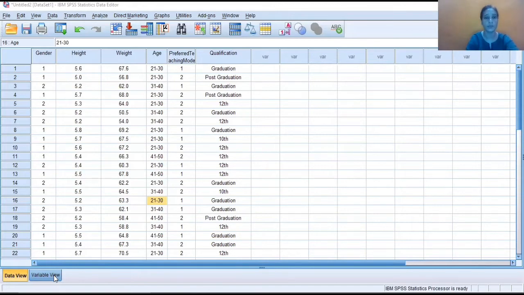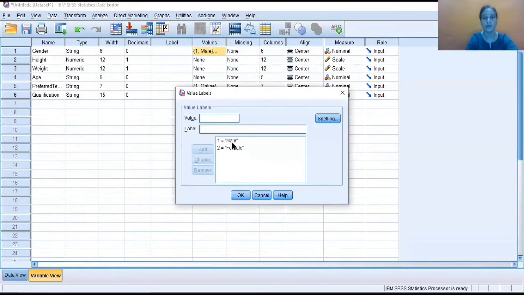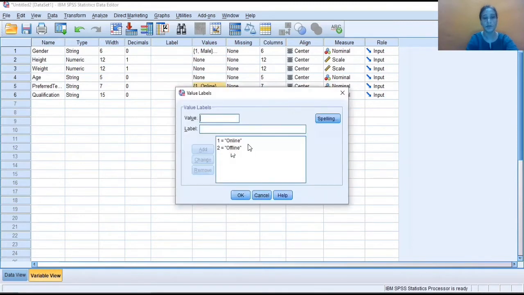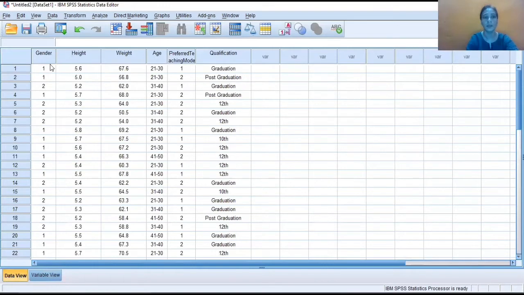In variable view, under the value column, 1 stands for male, 2 stands for female. Then for preferred teaching mode, 1 is online and 2 is offline. This way we know that we have two categorical variables named gender and preferred teaching mode, and both are measured on nominal scale.